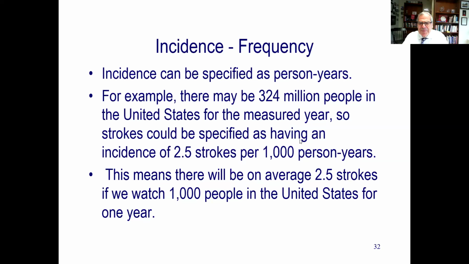So strokes could be specified as having an incidence of 2.5 strokes per 1,000 person years. Okay, kind of giving you something. So if I were going to do a comparison or I was going to look at trends, I want to see this estimate over time. This means that there would be an average of 2.5 strokes if we watch 1,000 people in the United States